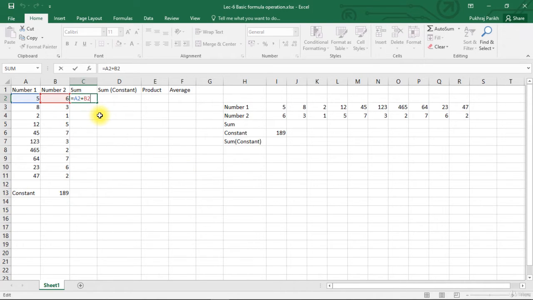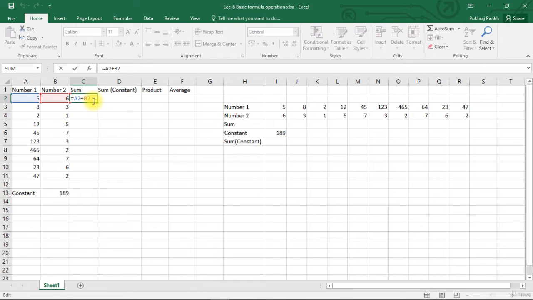You can see that the 2 cells part of this formula are highlighted in colored boxes. Now when I hit enter, Excel will calculate the value from the formula and show it here. If you click this cell, you can see that the formula bar is still showing the actual formula, but this cell is showing the calculated value of the formula. If you want to edit the formula, you can either do it in the formula bar or double click on the cell and then edit the formula.